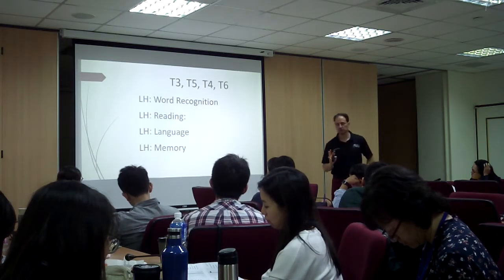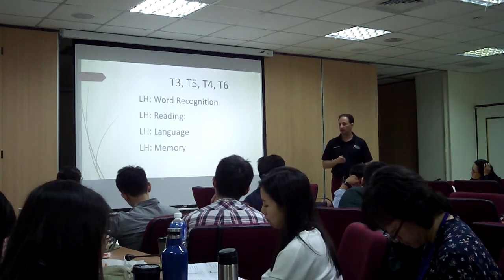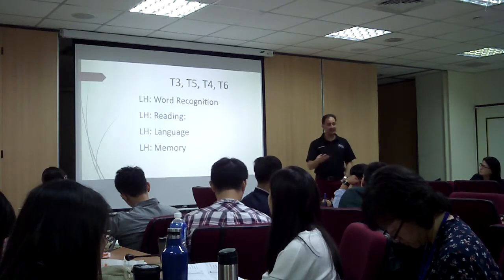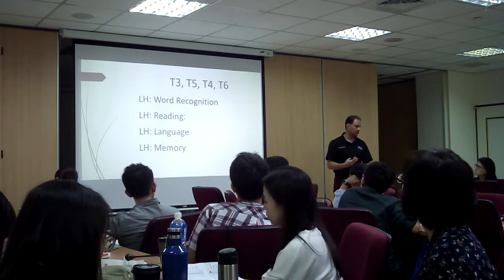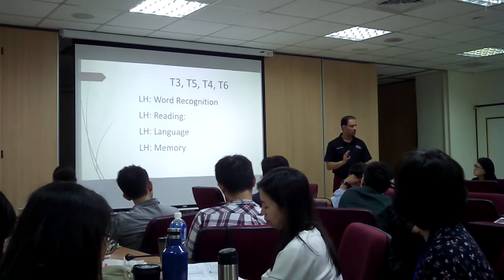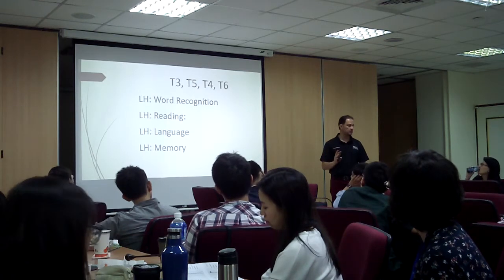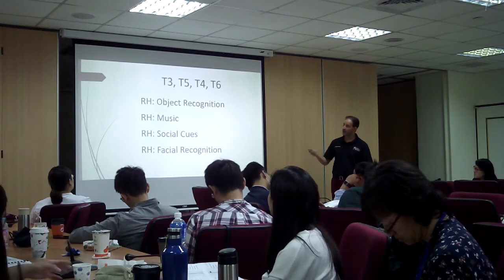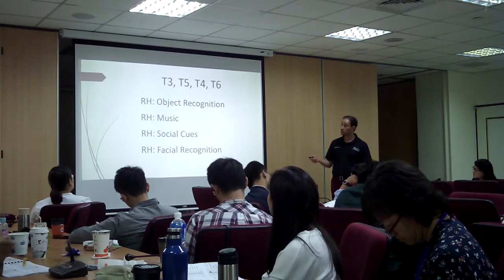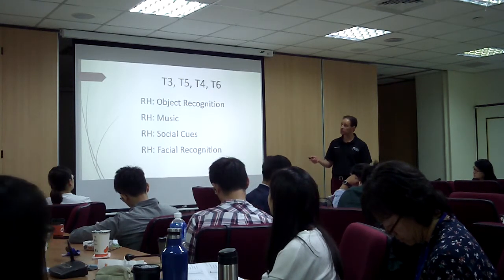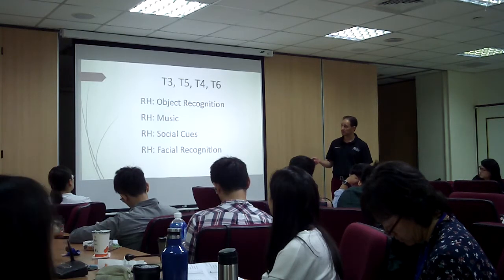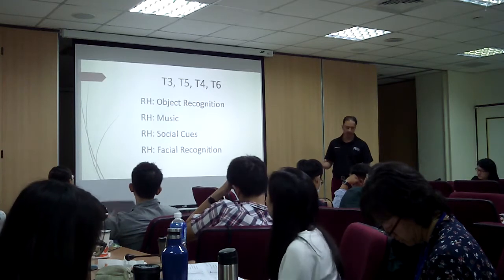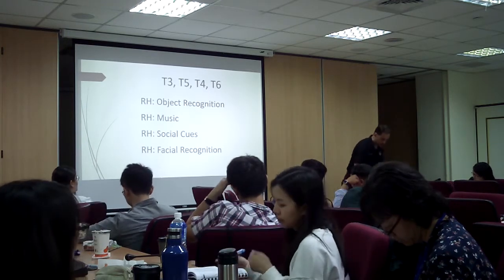The client is your expert. If you want to do two channels, go ahead and do two channels. And normally it will be the EEG that will tell us that information. Okay, the EEG will let us know whether we need just one channel or two channels, as we will see in afternoon sessions. The right hemisphere for object recognition, music. So if you train with musicians and you want to improve musical ability, T4, T6 is a good place to train. Social cues. Okay, so normally T6 is a hard